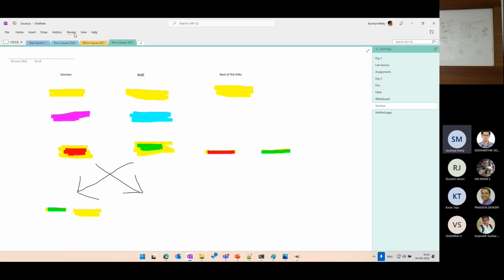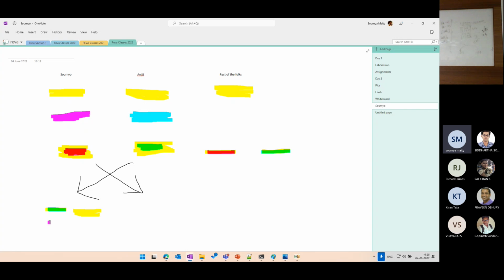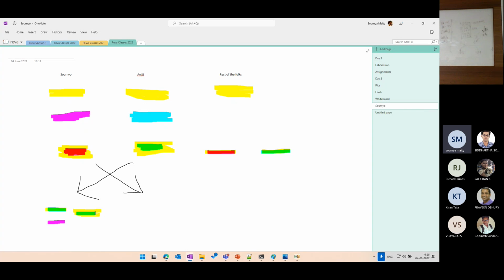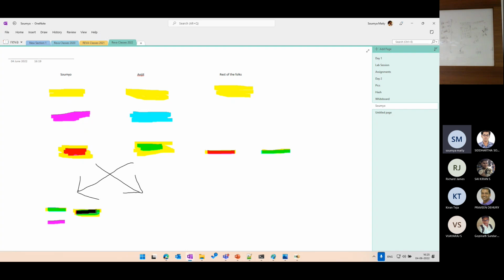What is my secret color? This one. I just add them here. So this is the color I got from Avijit. On this color, I will add my purple color. So what is this blackish color? This is yellow plus my secret color plus Avijit's secret color, because this is yellow plus red, and this is